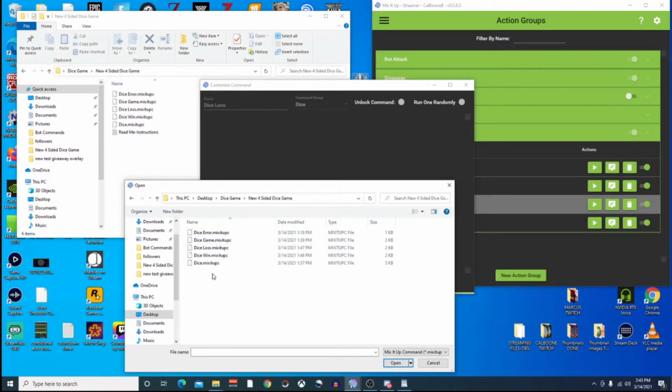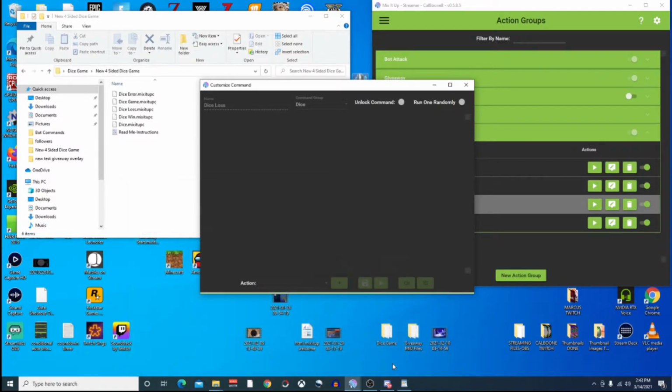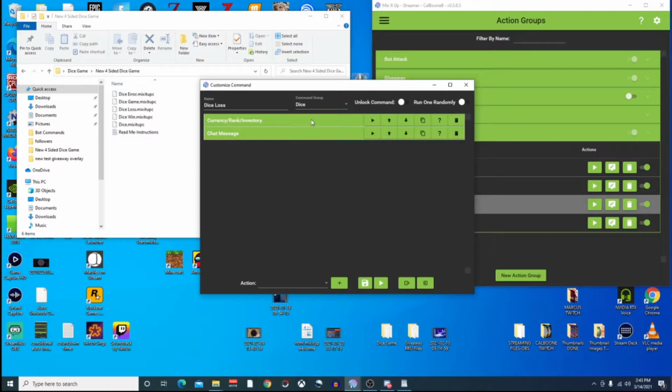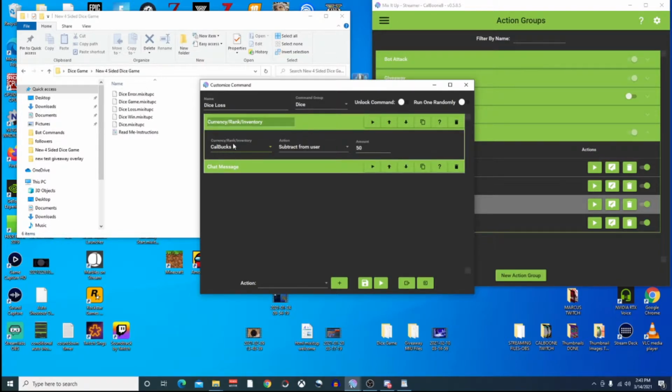Okay, so then you go to the file that you downloaded again, and it's called Dice Loss. So you're going to select Dice Loss, click open, then it's going to fill in these two, and then again,